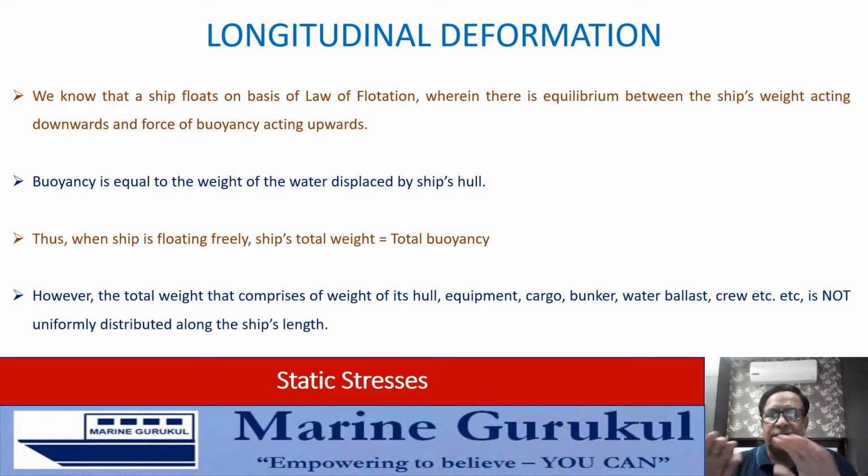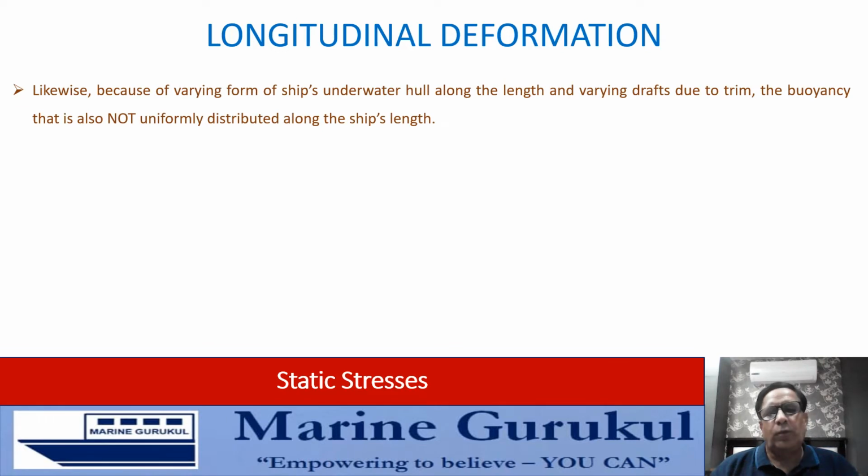So yes, the ship as one body has a certain weight, but is this weight uniformly distributed all along the length? No, the weight is not going to be uniformly distributed along the length of the vessel. There will be some portions where there will be a higher concentration of load compared to other portions. Likewise,